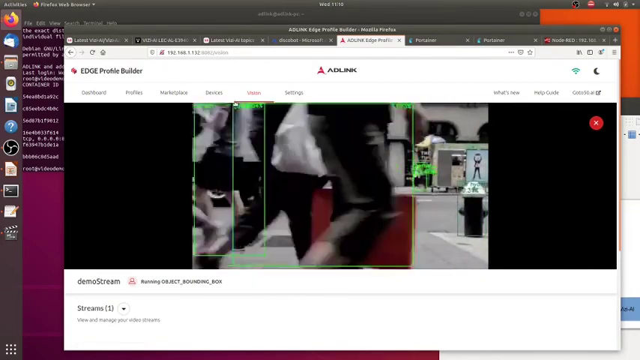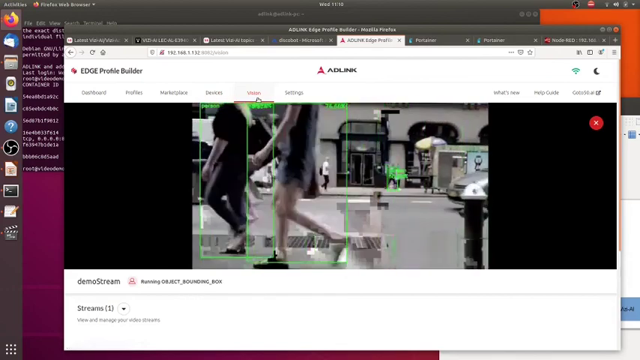I think that concludes the setup of the device. If we go back,